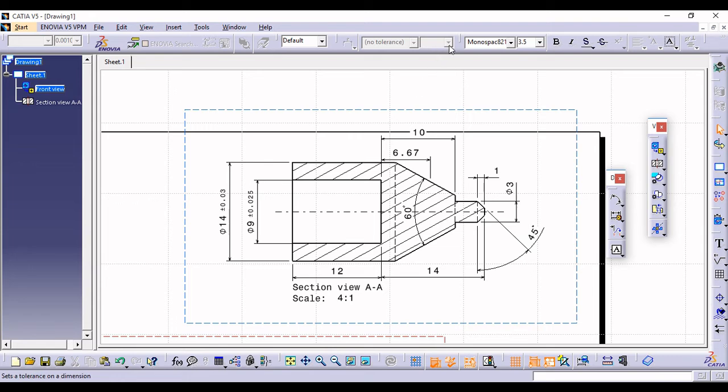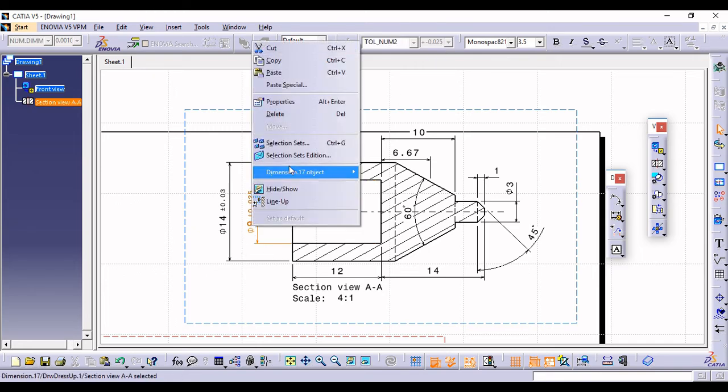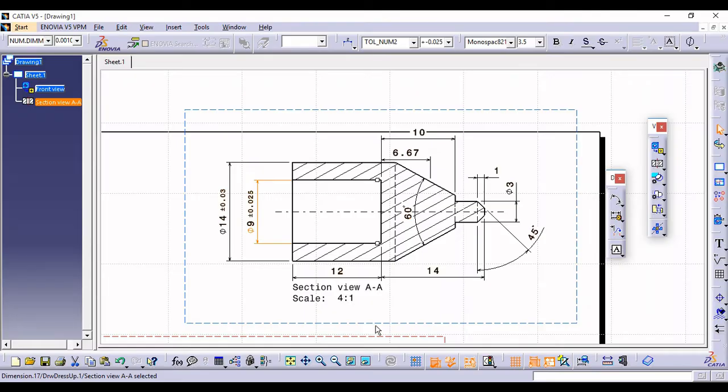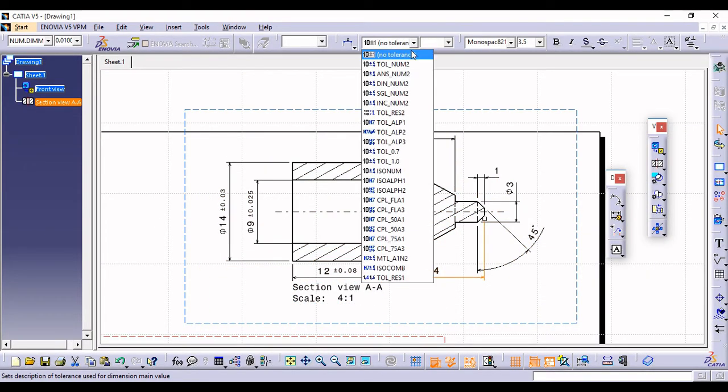If it is not present over here, we can give it. How? By simply right clicking, going into properties and giving it the tolerances. Okay, now the next after this is 12 with 0.08 and 14 with 0.02. For 12, select the 12 tolerance and here 0.08. Okay, let's go for the 14 with 0.02, select the same.